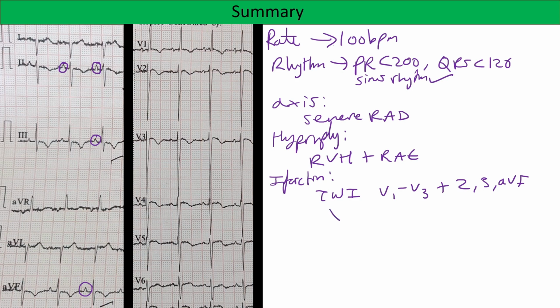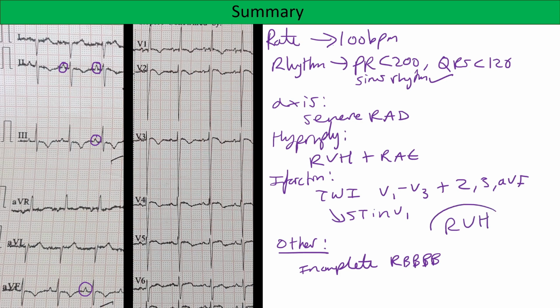We also saw downsloping ST changes in V1. And finally, we had our other diagnosis of incomplete right bundle branch block. Now, putting this all together, our final diagnosis is right ventricular hypertrophy, and all of this